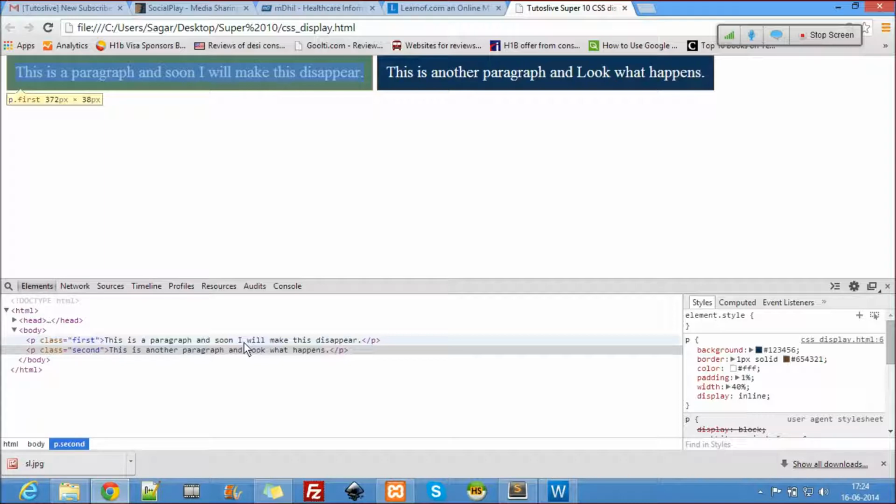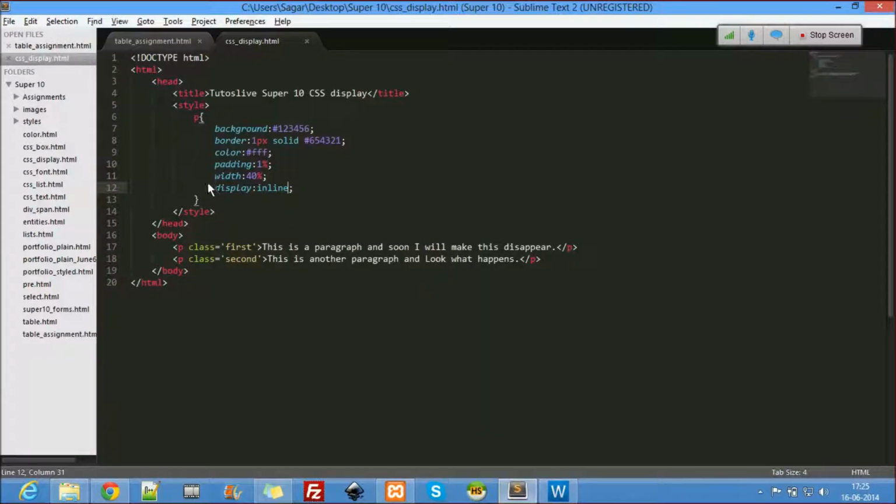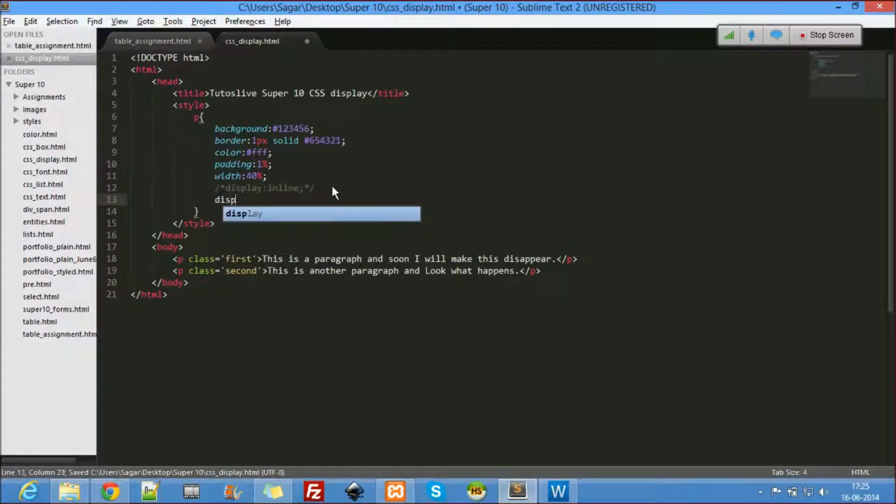What is the problem of inline tags? Even though you give a width to inline tags, they don't really take that width. What they do instead, they only take that width until the content is there. Now if I increase the content, or if I decrease the content, if I remove something and add something, the width will be in proportion to it. Alright, so how do I avoid this? I want this to be inline, but still I want it to occupy the space I want. For that, I'm going to comment this out so that you may find it later. So display